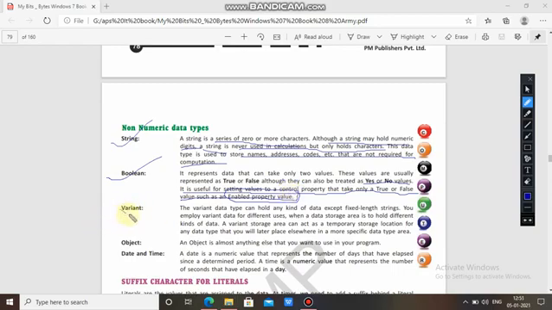Now the next one is Variant. The Variant data type can hold any kind of data except fixed length strings. So it can accept different kinds of data but not fixed length strings. You employ Variant data for different uses. When a data storage area is to hold different kinds of data, a Variant storage area can act as a temporary storage location for any data type that you will later place elsewhere in a more specific data type area.